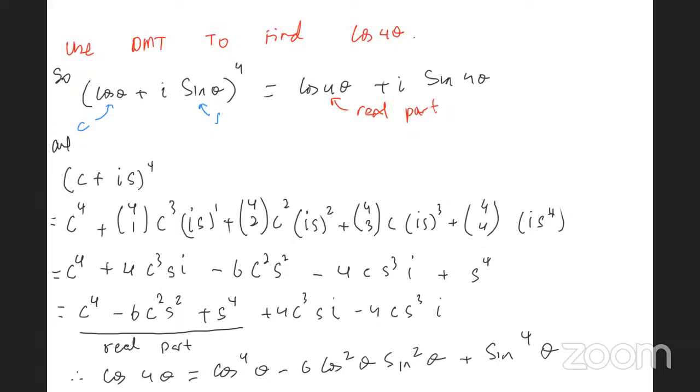Everybody okay there? Everybody finished? All right. So try this one here. Number 2, again, use De Moivre's theorem. Start with something easy, to find